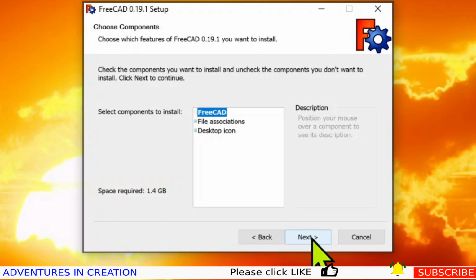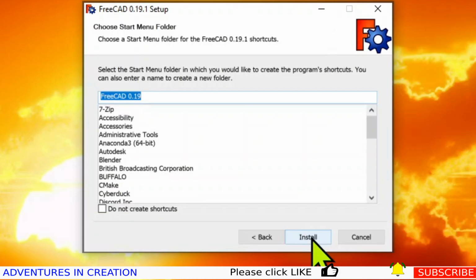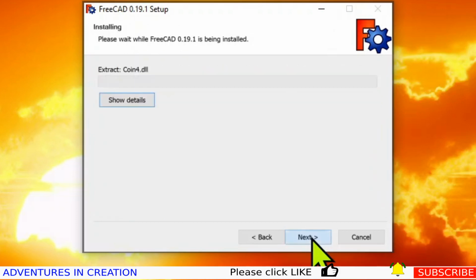And I'm going to allow it to associate everything with FreeCAD. I'm going to create a shortcut and just allow it to install. So it doesn't look like it has to uninstall the other version that I have installed. I've been using the development versions for a long time, and those you just click on the executable, so they are pretty much standalone. I'm going to clean up now and get rid of all my development versions